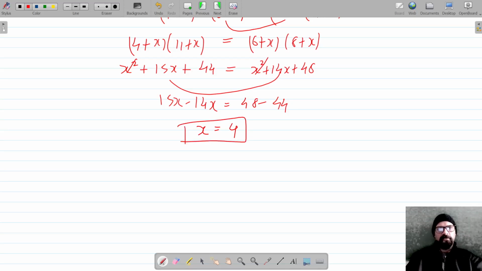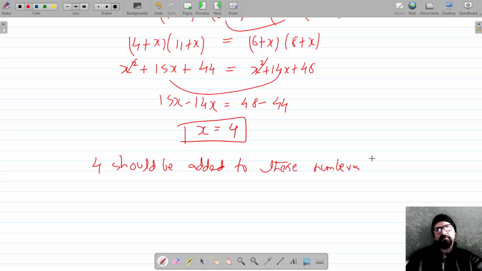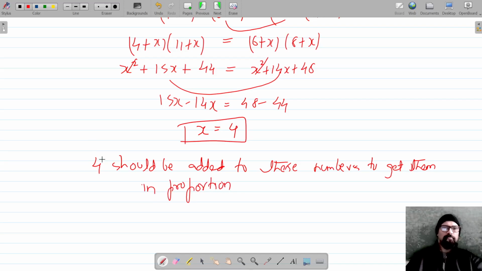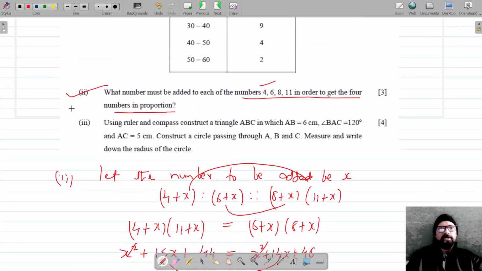So 4 should be added to these numbers to get them in proportion. So we can write, 4 should be added to these numbers to get them in proportion. Okay, so the third part says that using the ruler and the compass, construct a triangle ABC in which